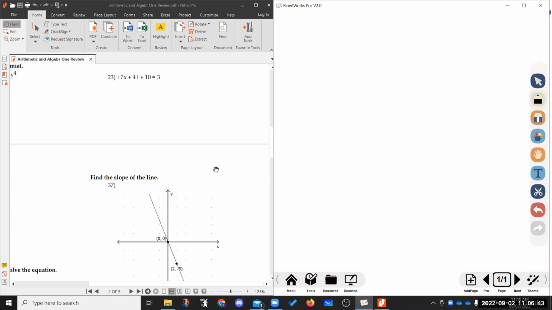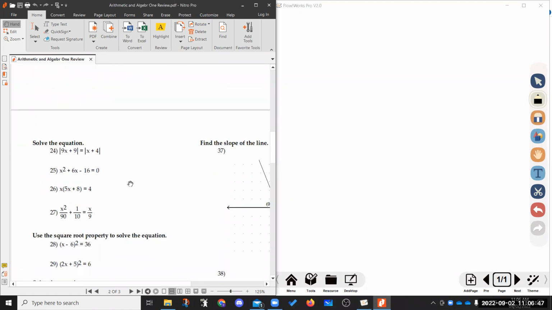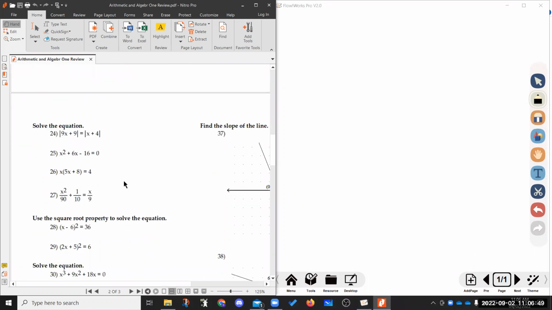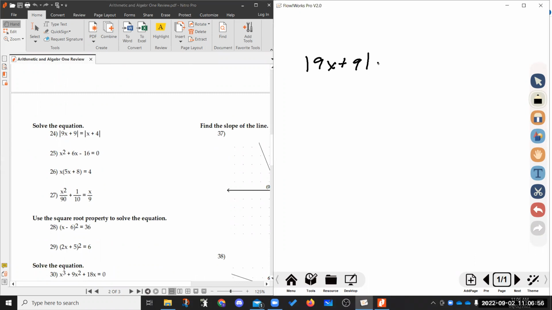Moving on to number 24, which is the beginning of the second page, about halfway done. Solve the equation: the absolute value of 9x plus 9 is equal to the absolute value of x plus 4. So we're going to have